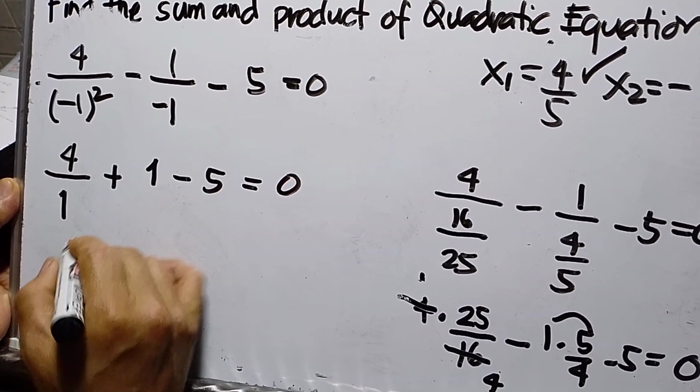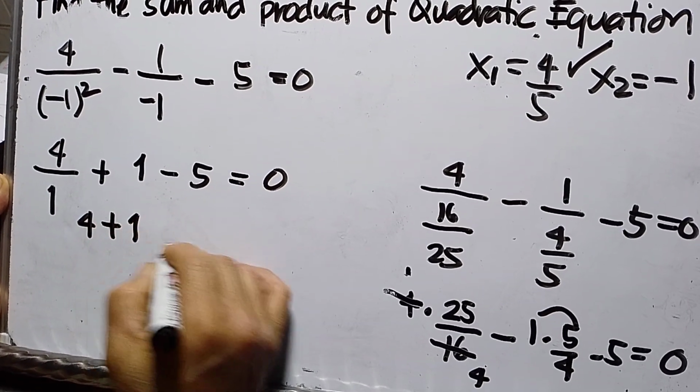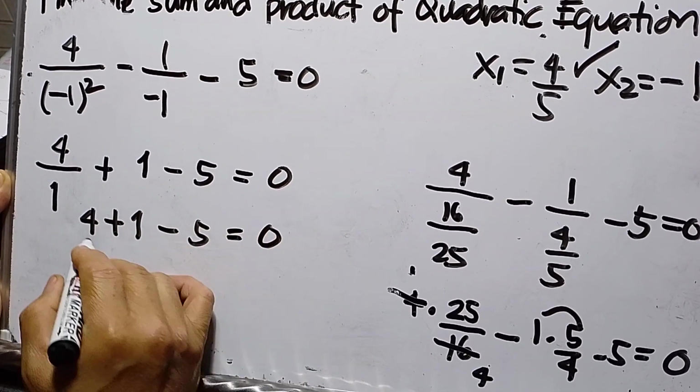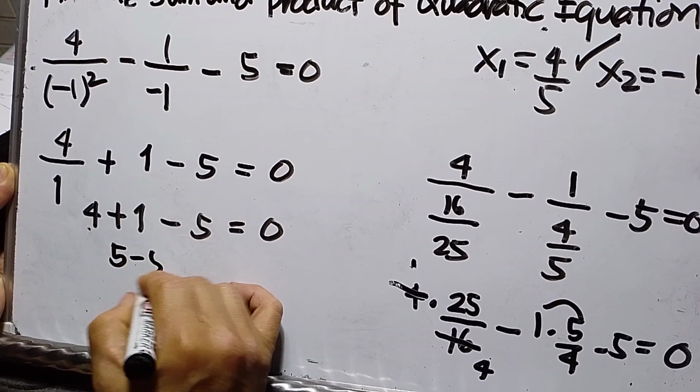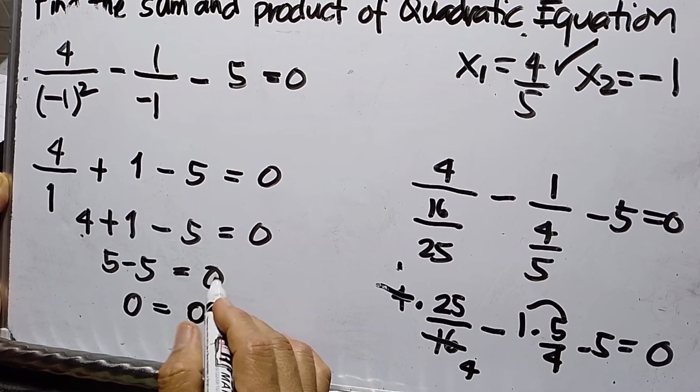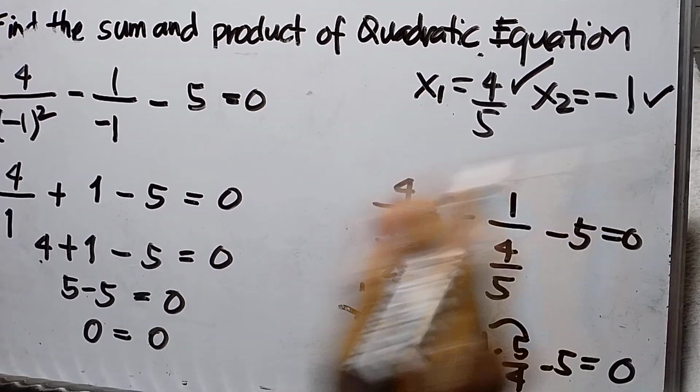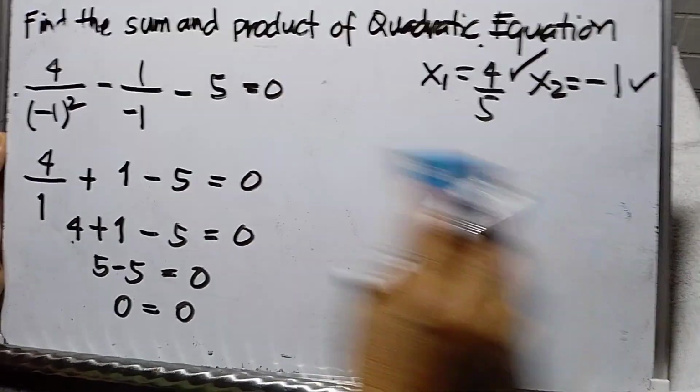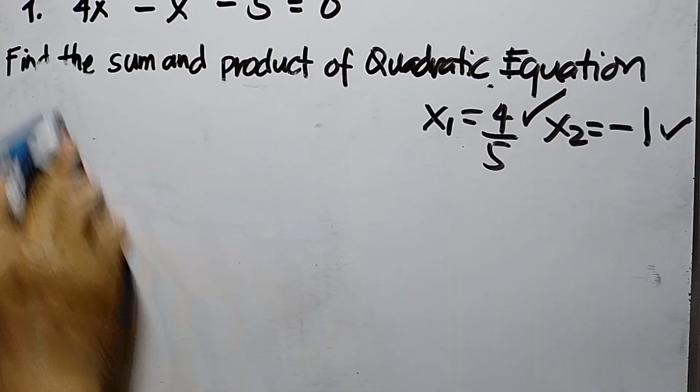So 4 divided by 1 is 4 plus 1 minus 5 is equal to 0. Combine this one. So 5 minus 5 is equal to 0. 5 minus 5 is 0, equal to 0. So therefore, my x sub 2 is correct. Now, I have to solve the sum and the product of